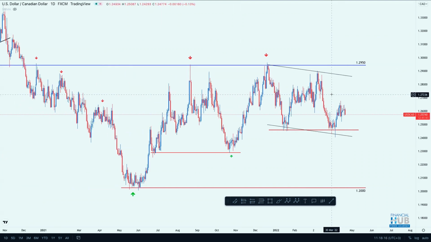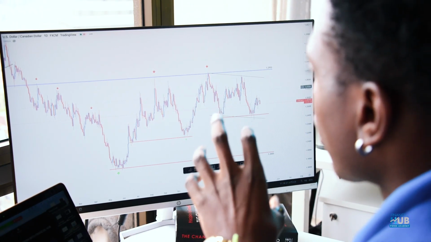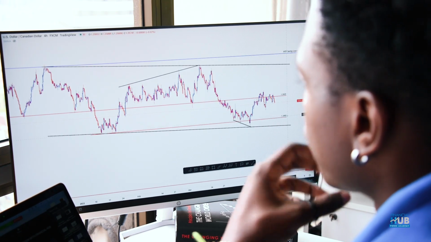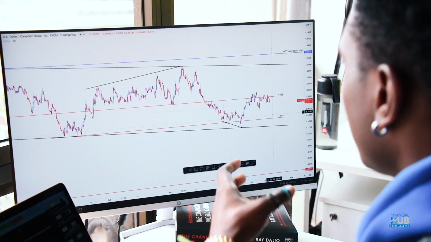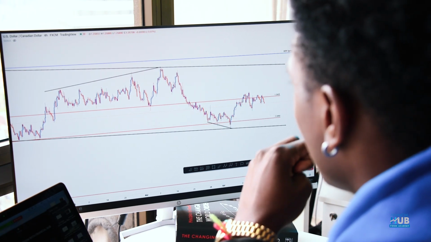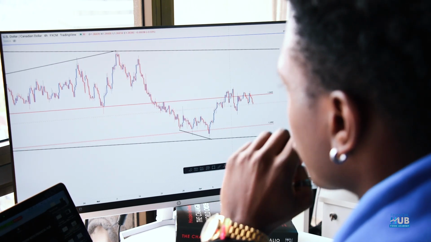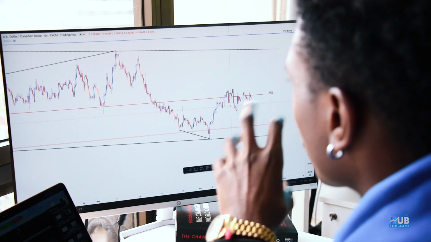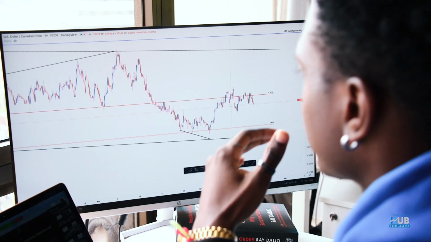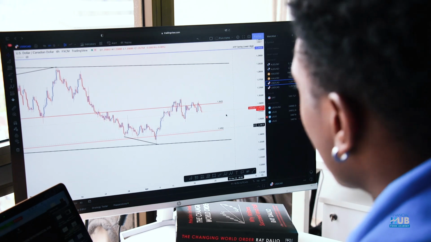I don't have any bias on it, no deep analysis on it. I'm still paying attention. Remember, I keep saying, when you don't have a clear narrative in the picture, do not force anything. Give it time, analyze it, and with time you're going to get a good, clear picture. So I'm just watching this level, how the market is respecting it. Unlike the other pairs, Dow Jones and gold, where I have a clear picture, over here the market is just dangling around my resistance level. I want to pay attention to what happens later this week and as we start next week. When a clear picture comes, I'll update you guys and let you know which trade I'm taking. Apart from that, that's the last pair that I normally look at.